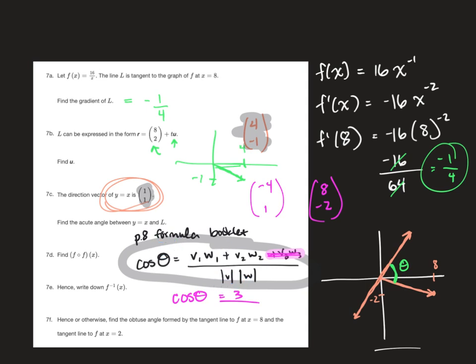But it's just like, again, here, if we're looking for the length of that vector, you're going to have 4 squared, 1 squared, 16 plus 1 is 17, so it's going to be the square root of 17. And this one's going to have the square root of 2, so you're going to have this over the square root of 2 times the square root of 17, and then you're just going to do the inverse cosine of that, and then the inverse cosine will get you about